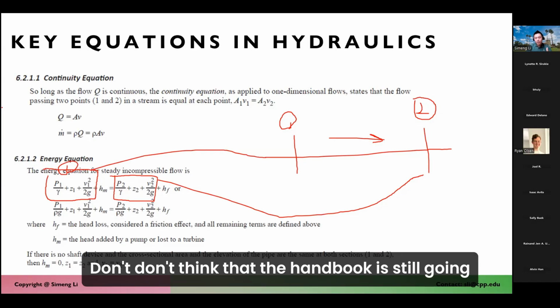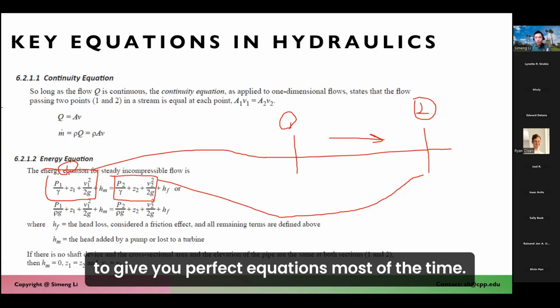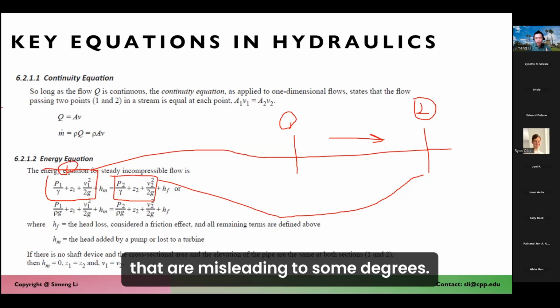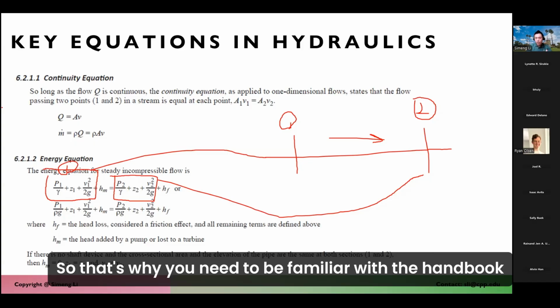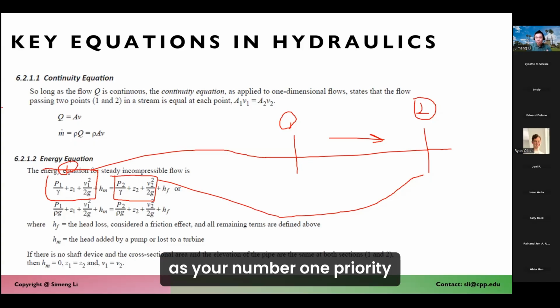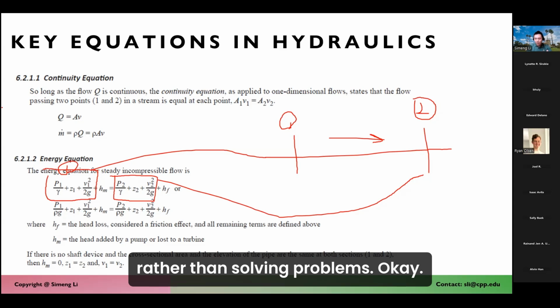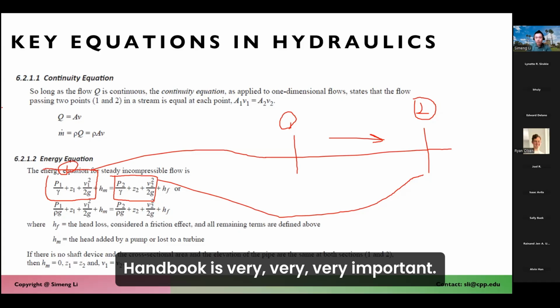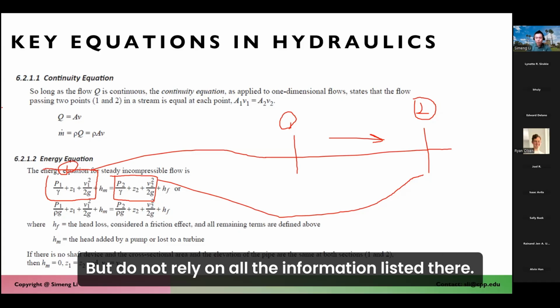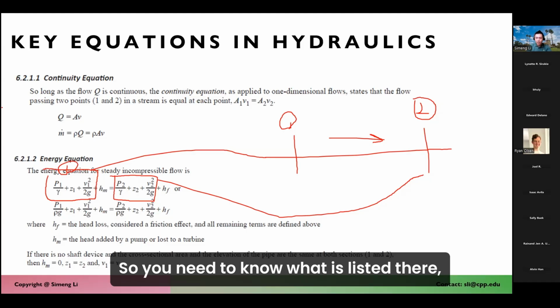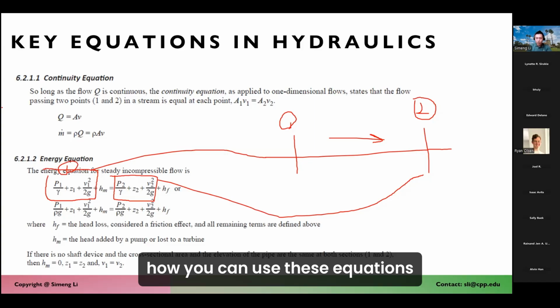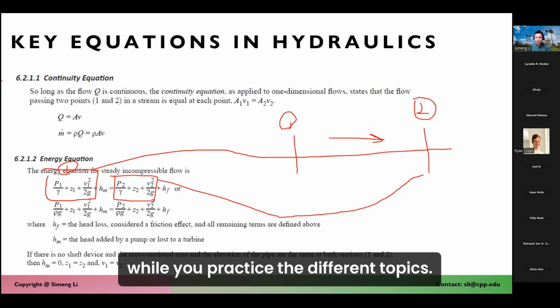Okay, don't think that the handbook is going to give you perfect equations. Most of the time, the handbook is giving you equations that are misleading to some degree. So that's why you need to be familiar with the handbook as your number 1 priority rather than solving problems. Okay, the handbook is very, very important, but do not rely on all the information listed there. So you need to know what is listed there, how you can use these equations while you practice the different